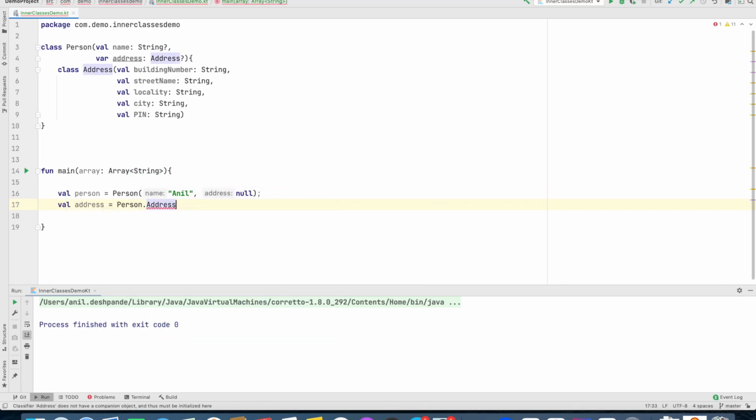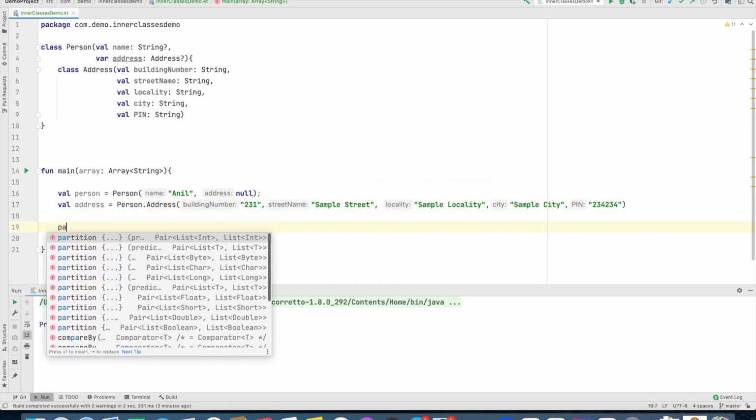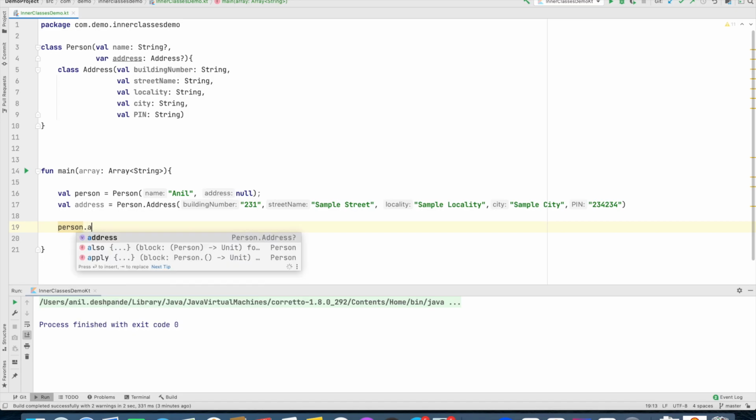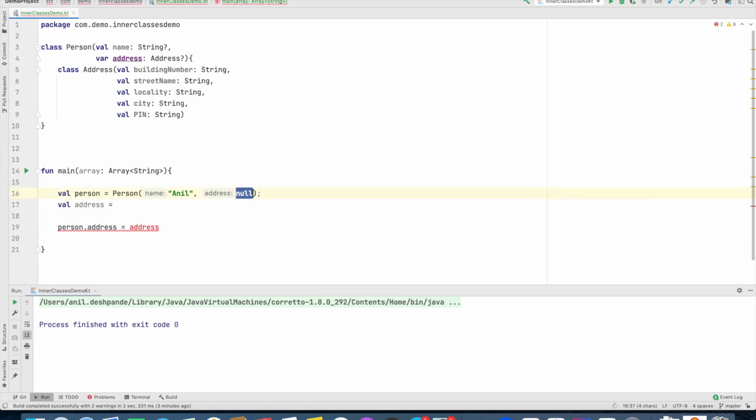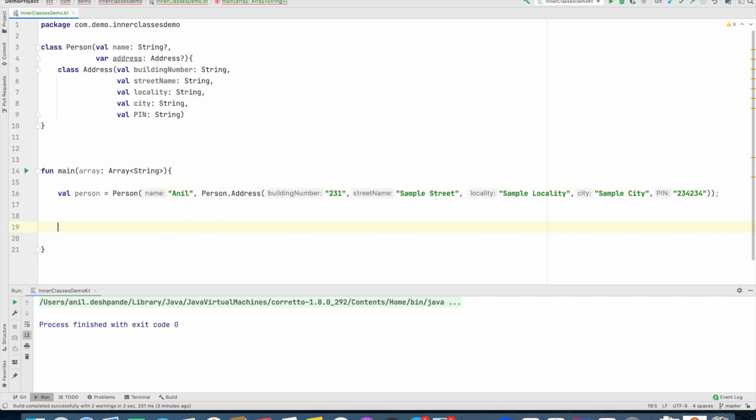I can even create an instance of address, and I can assign person dot address is equal to whatever address I have set. Or what I could have also done is simply passed this. That is also perfectly fine.